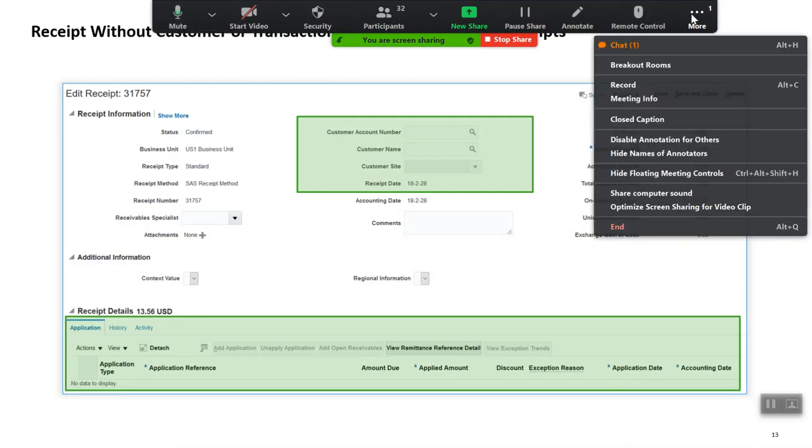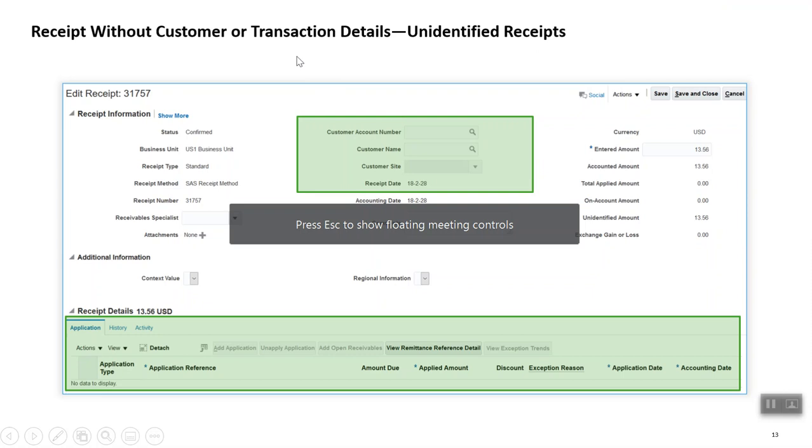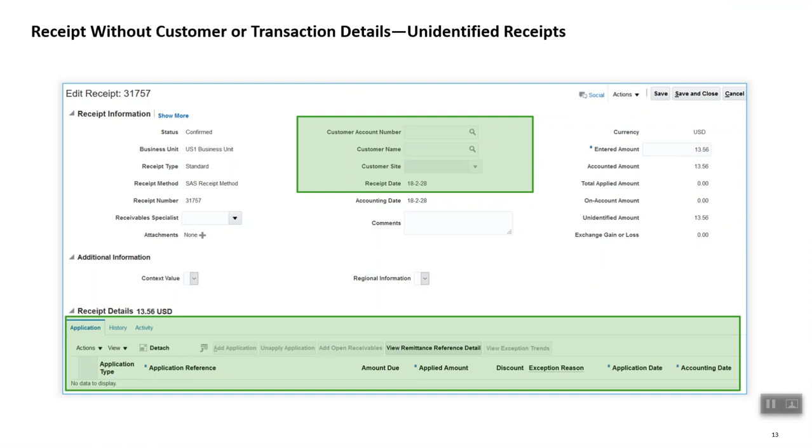So this particular information is saying that you're creating receipts without customer or transaction details. We just saw there were two processes: we created receipts using a spreadsheet, and we created receipts manually. We'll also see lockbox in one of our topics, but there were a few receipt type balances that we went through: one which was unidentified, one unapplied, one applied, and one on account. So we are going to see how this unidentified thing happens.